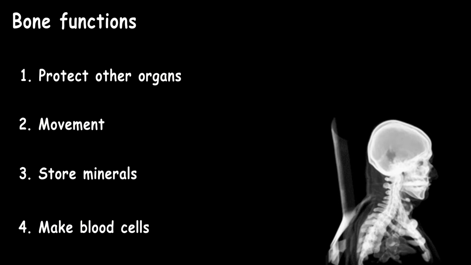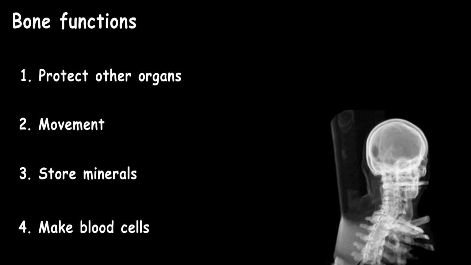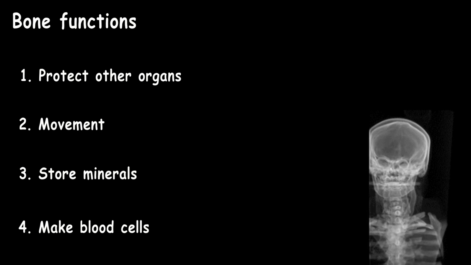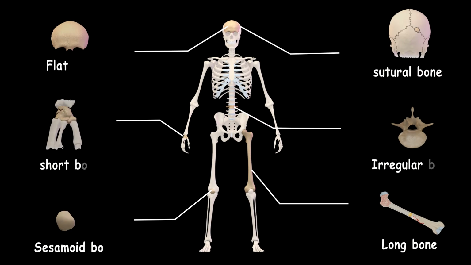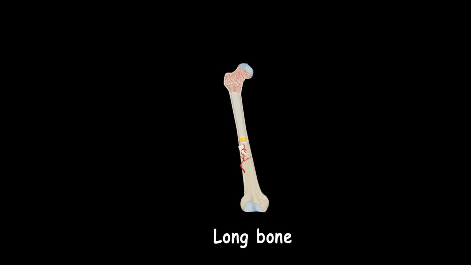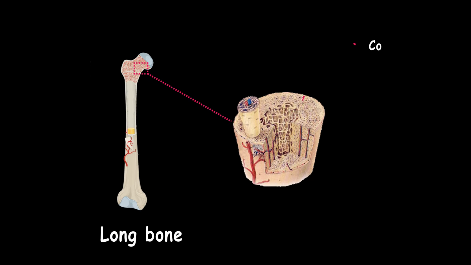But first, let's talk about the hierarchical structure of the bone to understand them. Then we can talk about the engineering part. You can find 5 types of bone in the body, but let's pick long bones as an example. If you zoom in on this area, we can find 2 different types of bone tissues, the cortical and cancellous